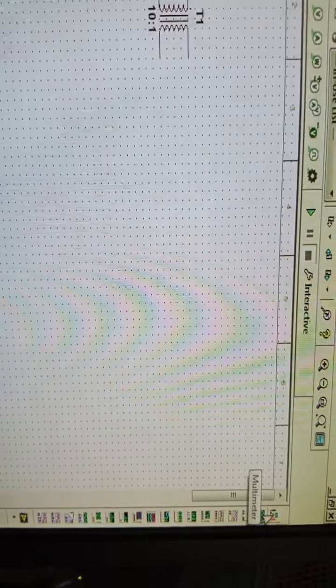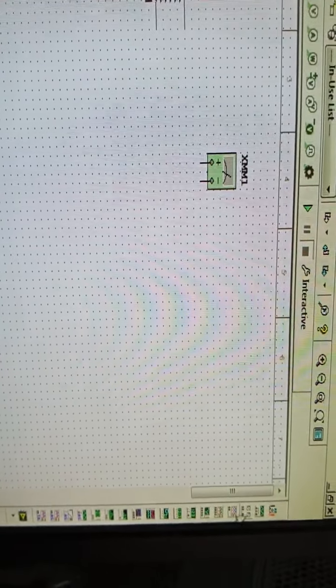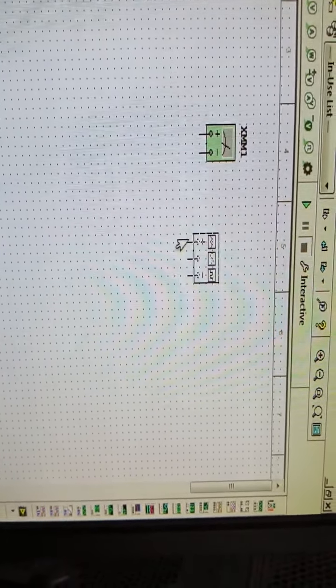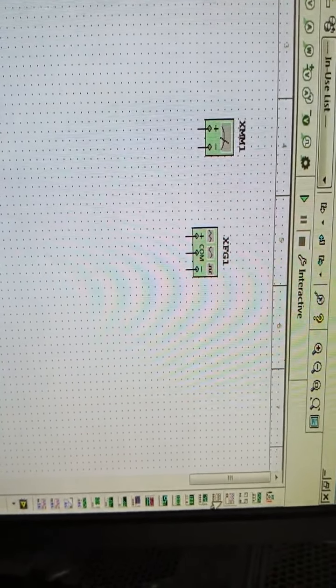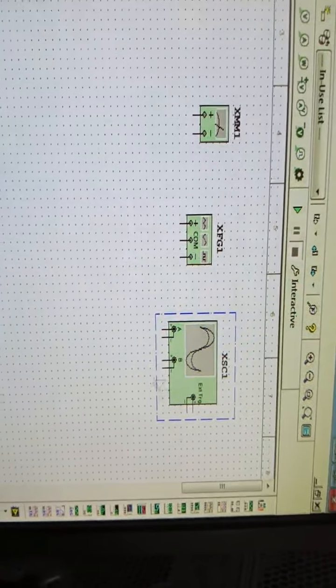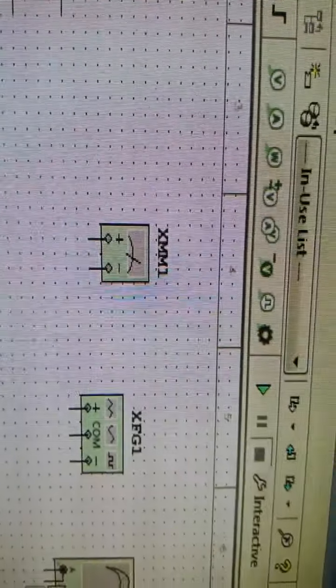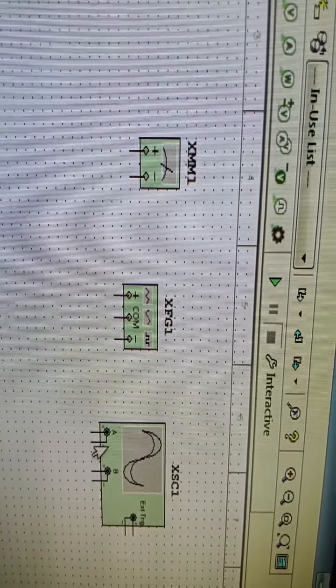Multimeter, this is multimeter, this is function generator, this is CRO. Okay, so in half wave rectifier, if you want DC, you can see the values in the multimeter.